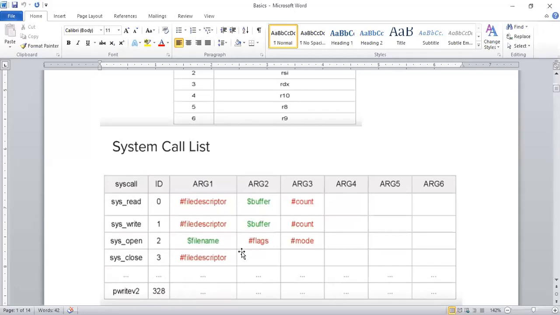Okay, the same will be done for write, and open, but just a change for open. It has the flag and mode, in which mode you want to open that flag. Generally, it is a system call for file handling. Last is close. Like that, we have different system calls. Now, for your system, we'll generally be using system calls for read, write, and mostly open and close. A few system calls we are going to use.